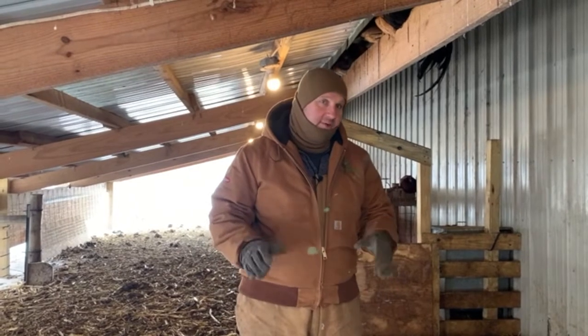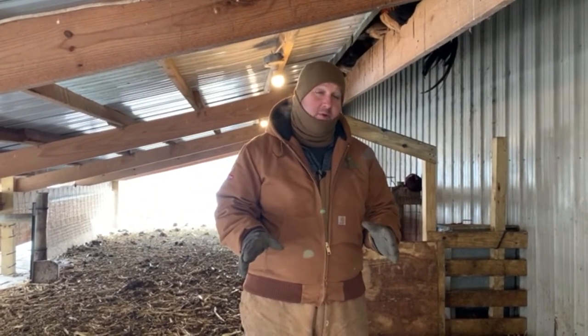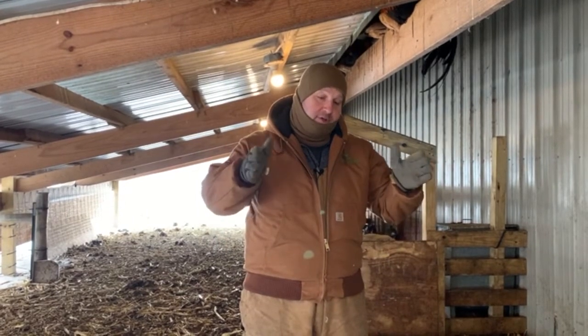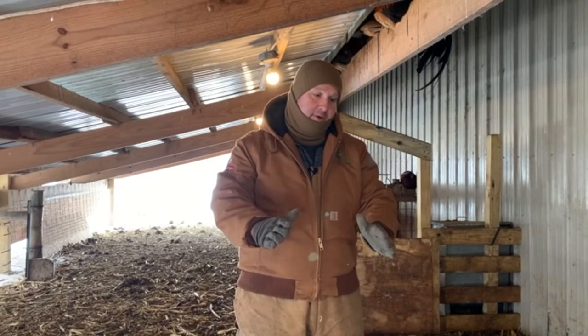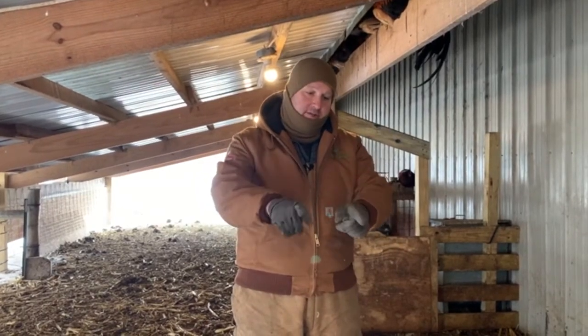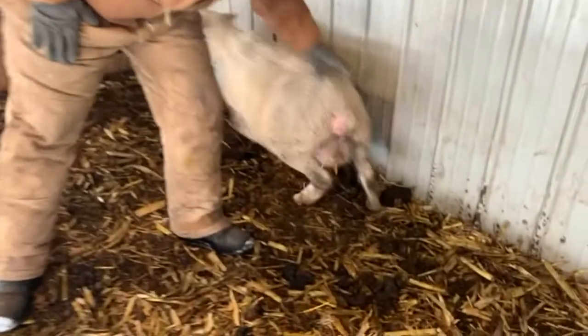What you'll actually notice is right before, about 12 hours before that ewe gets ready to have that baby, her hips are going to drop. That baby is going to drop to get into position to get into the birthing canal. And when you look upon the spine in the back area here, along the dock,